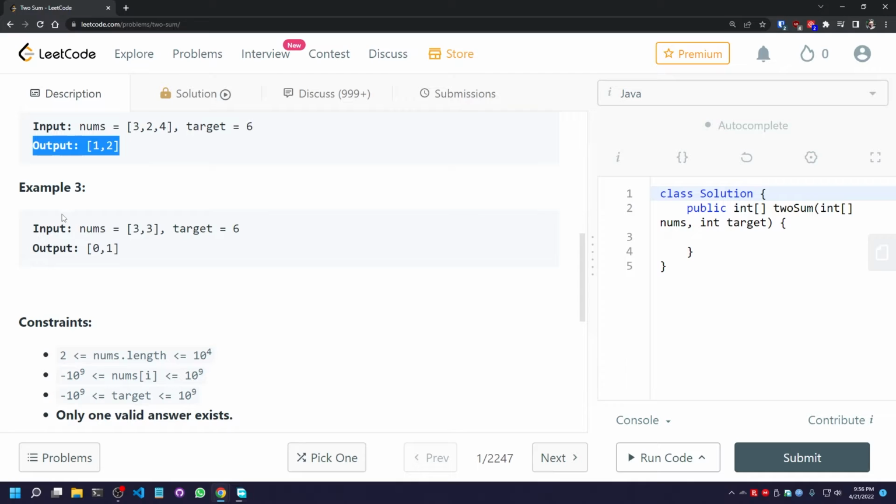Now this is our last example, and this is the integer array. We have got only 2 elements here, 3 and 3, and the target value is 6. Now we can see that we have already got our answer here, right? 3 plus 3 equals 6. This 3 is index 0, this 3 is index 1, so we are simply returning 0 and 1 in an